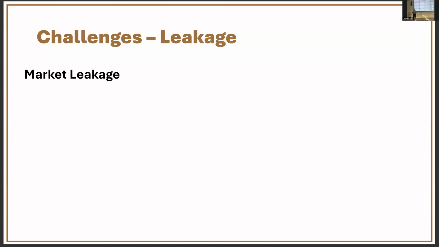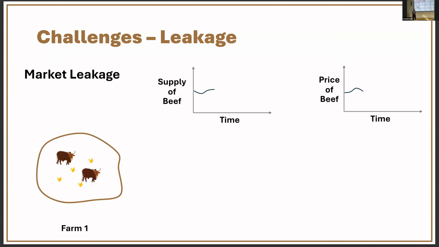And this is where things get a little bit more complex. I've tried to make it simple with this fun diagram. It's basically to do with the fact that if you're changing how land is used, you're affecting supply chains. So we can see the supply of beef through time and the price of beef through time up here. Let's say we've got a farm that's producing beef. It decides to restore that land, remove the cows, and instead of making money off beef, they're going to make money off biodiversity credits and restoring the land.